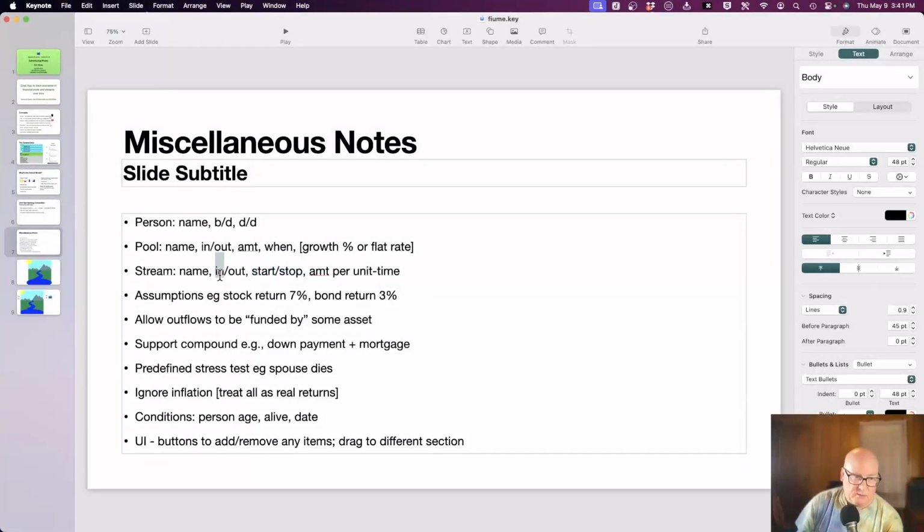Oh, in/out was so I could let you check something to keep a stream in and remove it temporarily, like deactivate it. But I had this notion that there should be start and stop dates, and so I think maybe that's the next thing to look at.